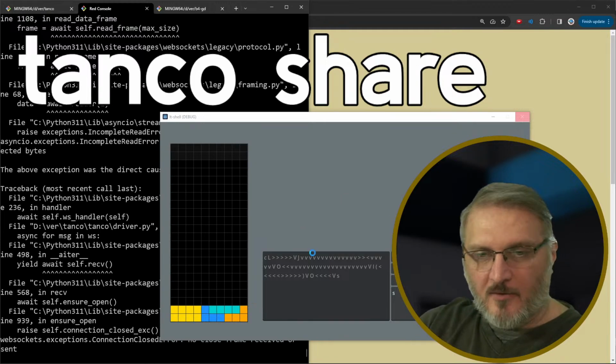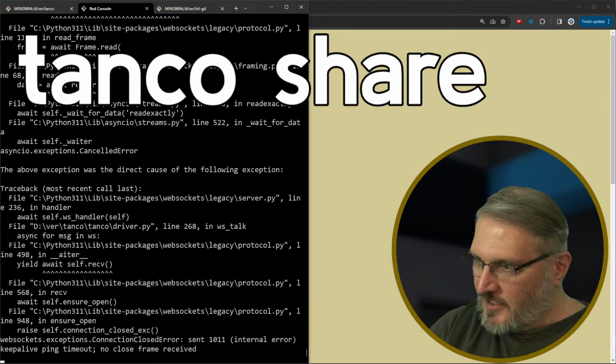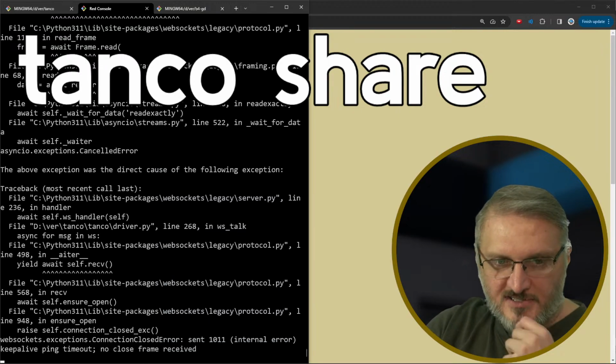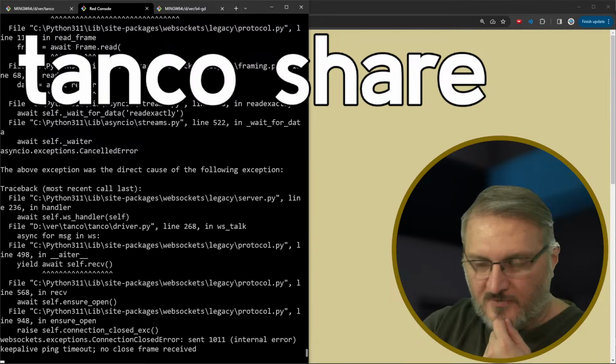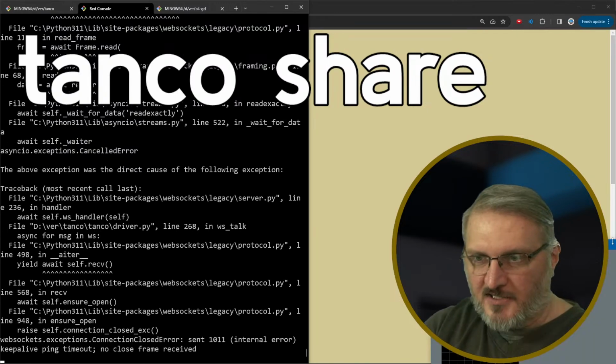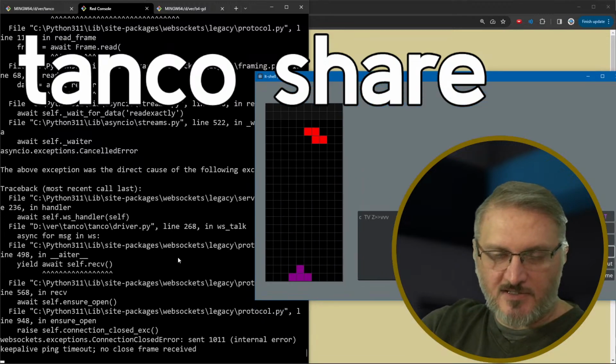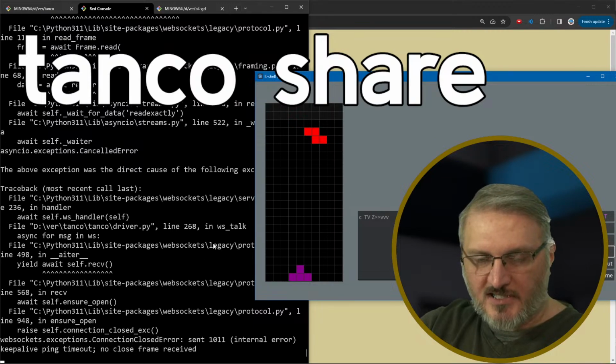Anyway, the point of that was that this is now frozen up. But I think if, and then when I close it, no close frame receipt, I think I'm no longer connected. This is the output of tanco bind here, so let's see if it works. Send. Oh, it is. Okay, so it did stay connected even though I reset it, but